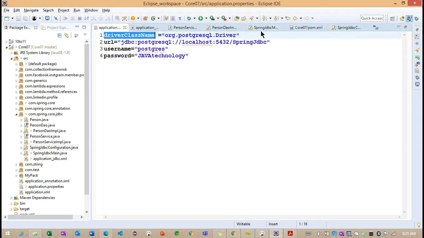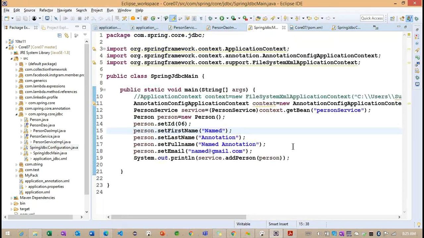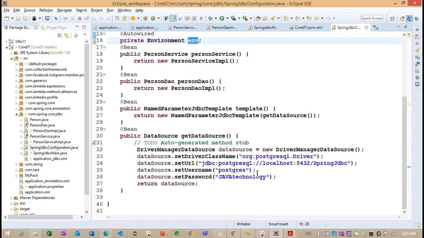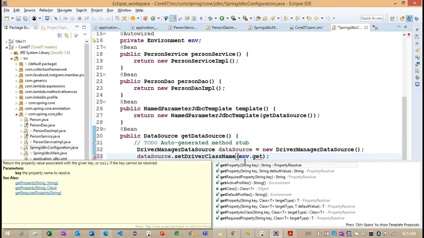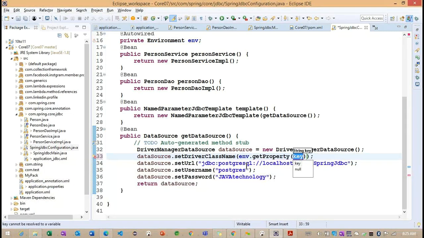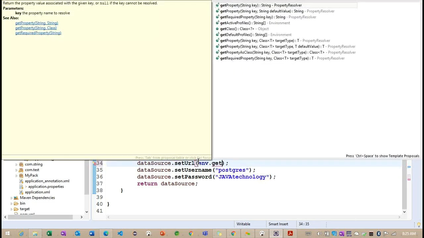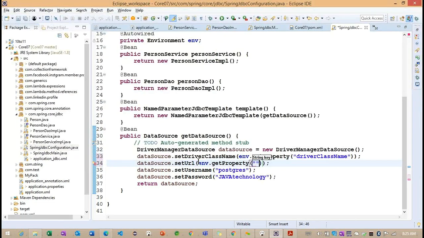Now what I want to write here, inside this particular configuration, env.getProperty. And I want to provide driver class name. And here also I want to provide URL.